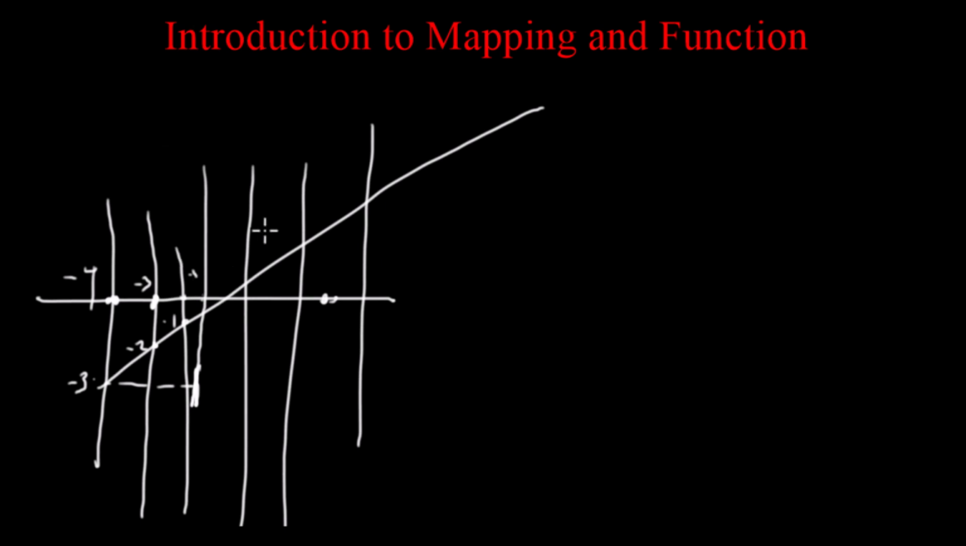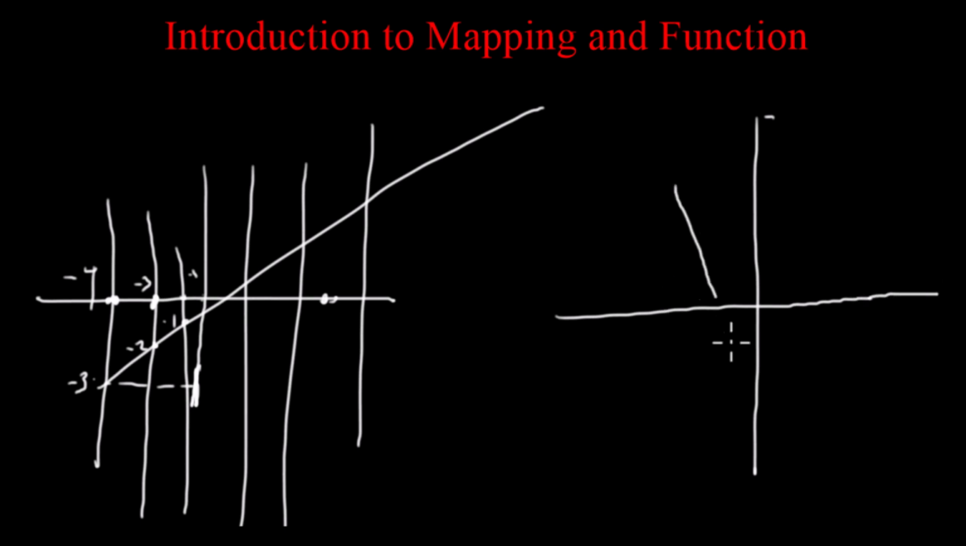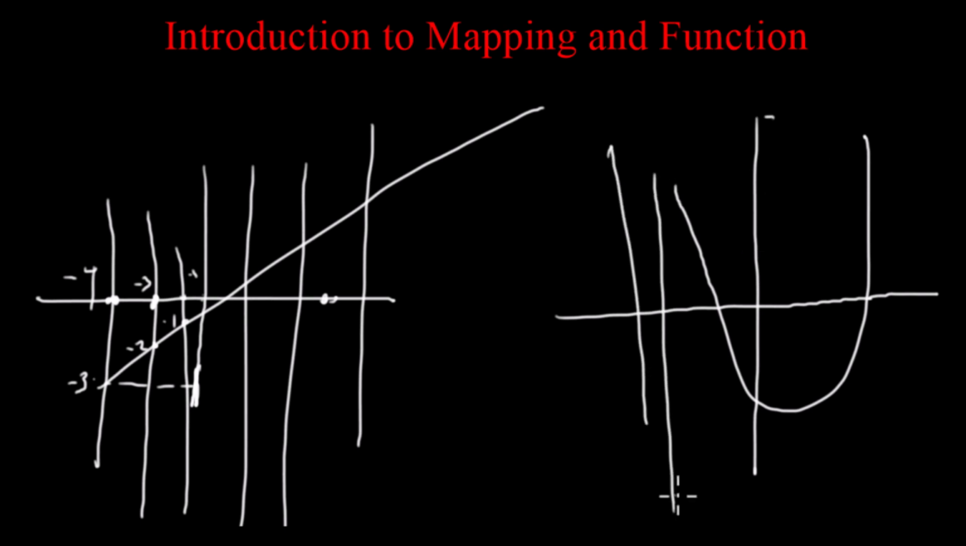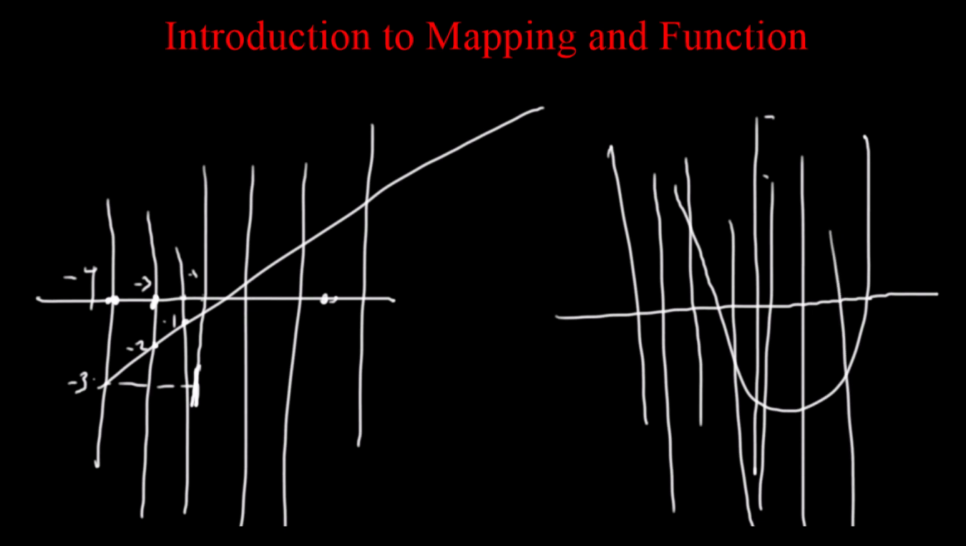So for a many-to-one graph, you will have seen something like this before. It looks like this. So a many-to-one graph can be like this. Again, if we were to do our vertical line test, vertical line test, and so on across the graph,